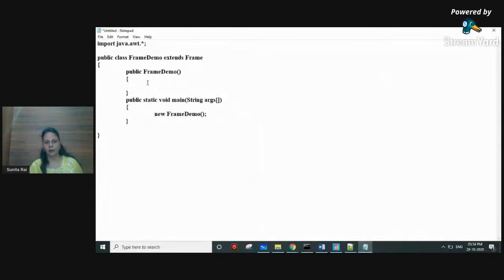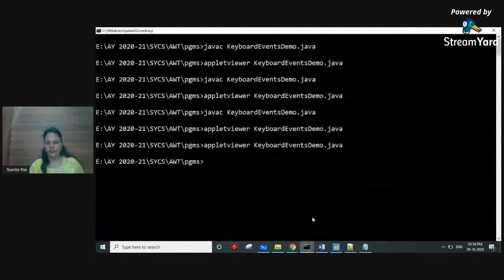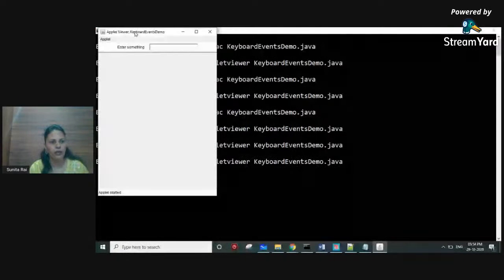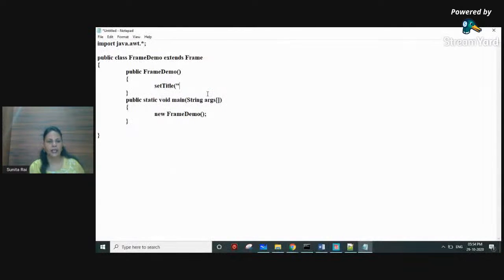Now this is going to create a frame, but the size of the frame we have to decide. There are a few methods which you have to use always. What is the method? setTitle. What is this setTitle method? Let me show you this applet. Can you see AppletViewer: BoardEvents? If you want to change this title, you can use the setTitle method. So in setTitle I'm giving My Frame, or some other suitable title you can give for this application form,